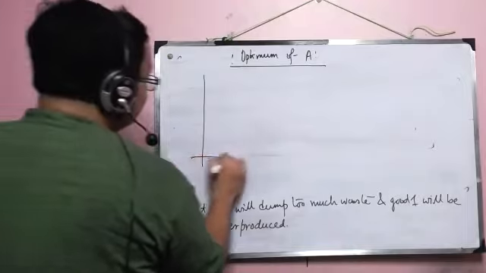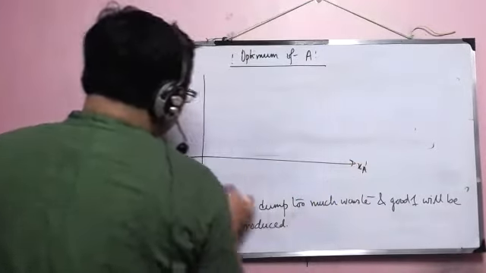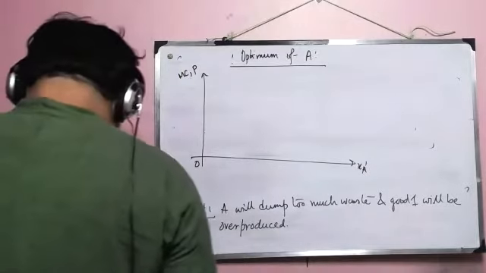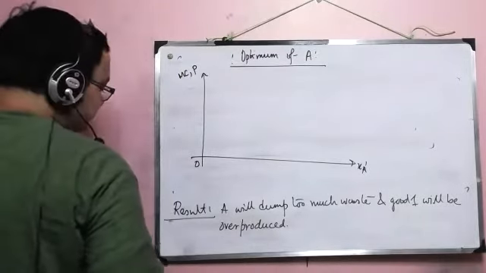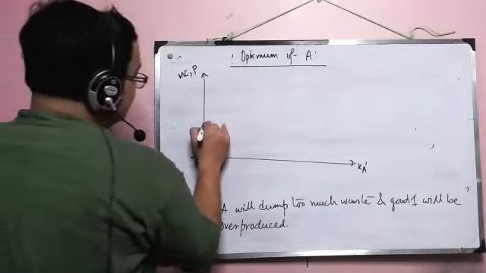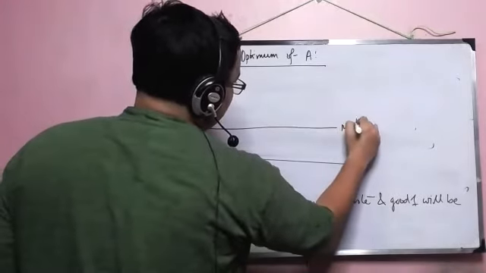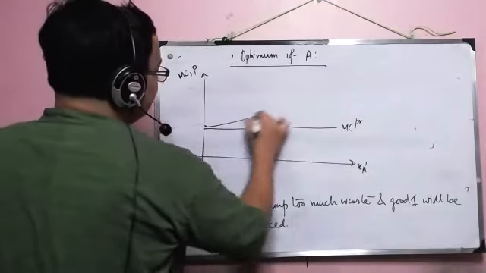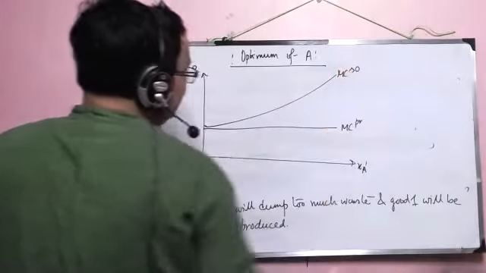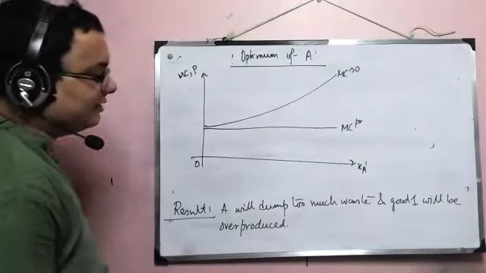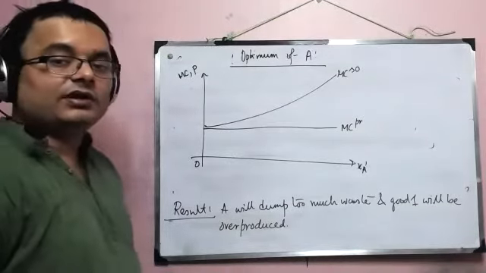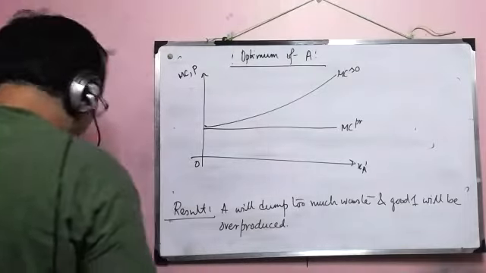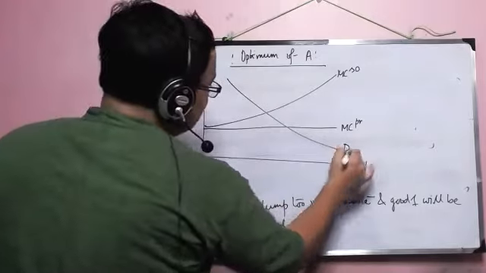Okay, so here we have XA1, right? And here we have MC, and because of that, we have price. Now, as we said, there are two kinds of MCs. So for simplicity, we are considering MC private to be constant, and MC social to be increasing, which is reasonable. The more waste there is, it becomes more costly, right? Look at all the factories who are dumping garbage in the Ganges. You will realize that. Okay, now let's take a demand curve, which is this.